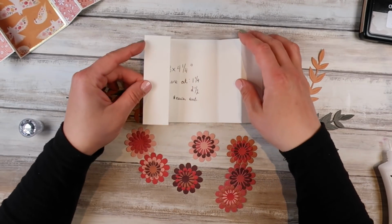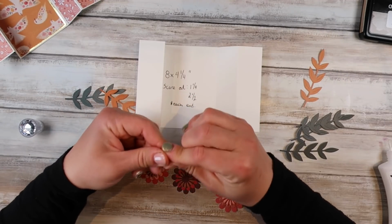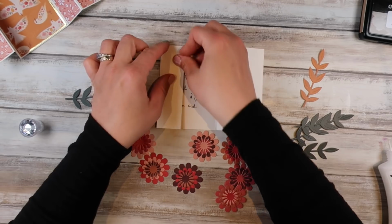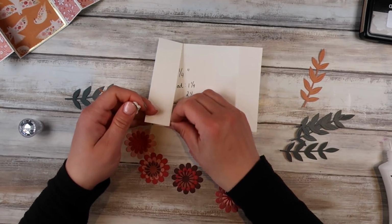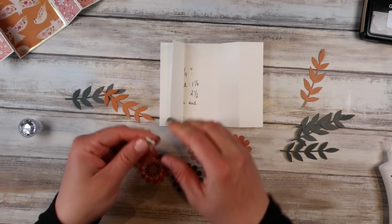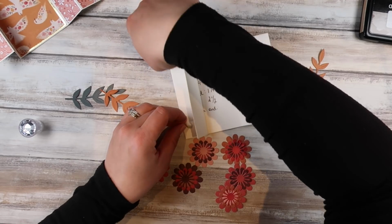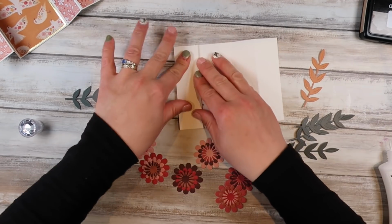So I'm going to use my panel here as my little kind of template. I'm just going to use a bit of white tack to hold this down so I can work on top of it, and then I know how long and how far I've got to go to get this little handmade bridge put together. So just blue tack it down, my little sample,